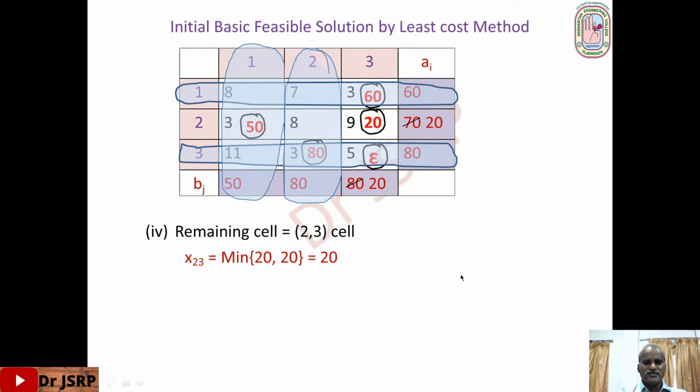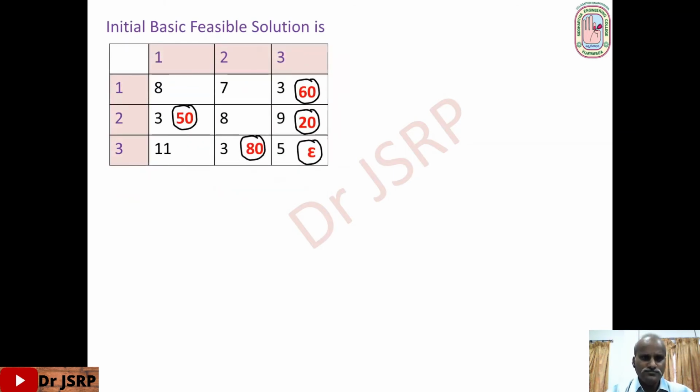So this is the initial basic feasible solution. So all the row and column constraints are satisfied. So observe how many basic cells we have here. So 1, 2, 3, 4, 5. Actual number of basic cells m plus n minus 1. That is 3 plus 3. 3 rows, 3 columns. 6 minus 1, 5. So we get 5 basic cells. Okay. Right. In the next step, we optimize this solution.